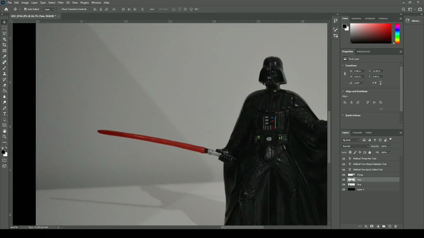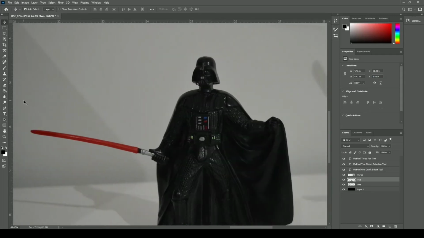Okay, method 3, the pen tool. This one is by far the longest and most boring. So you select the pen tool that's down on the bar to the right, and you simply spend absolutely ages tracing round the outside line of the shape that you want to keep, and it takes absolutely forever to get it really accurate. I've rushed it a bit here, so it's not going to be brilliant, but it should give